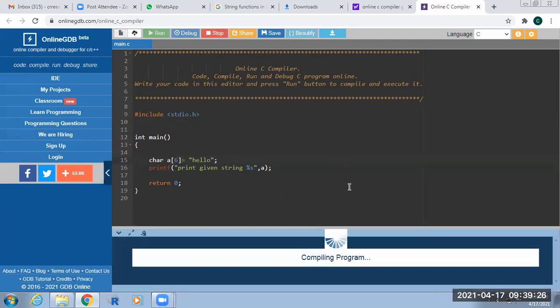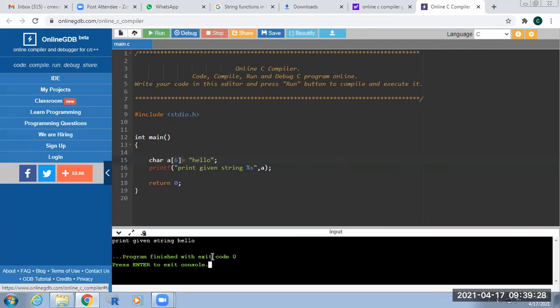See here, the output of this program is the print string. What is the string here? Hello. So it just prints hello here.